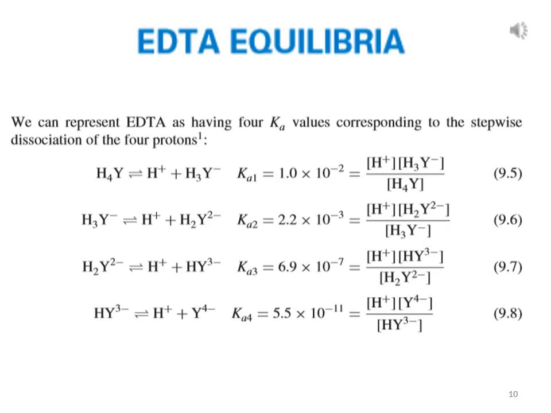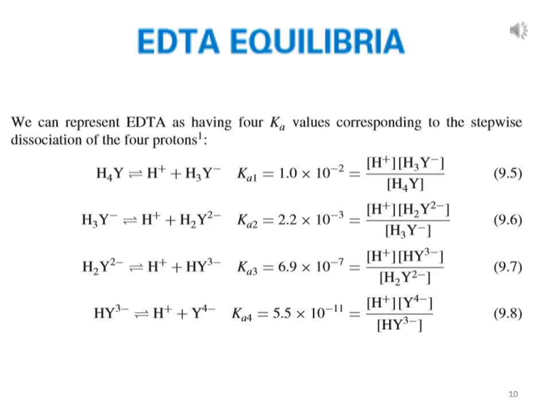Its Ka value will be 1 × 10 raised to power minus 2, and here the formation constant we can write as the product concentration over the concentration of reactant. So H positive and H3Y negative, product of these two,